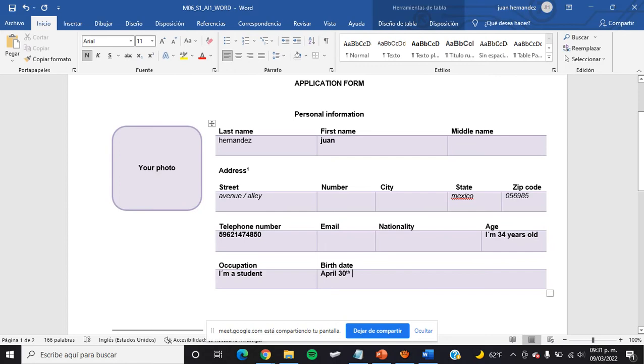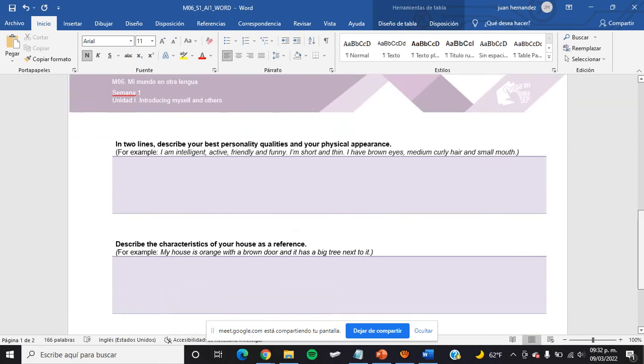Okay, and don't forget to write the information that you have in the cardinal numbers, la información que tenemos en los números cardinales. And first, in two lines, you have to describe your personality, quality, and your physical appearance.